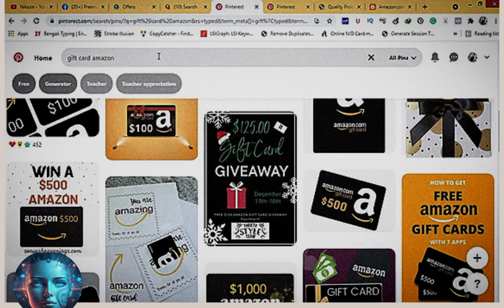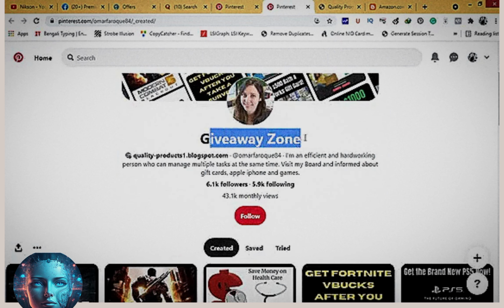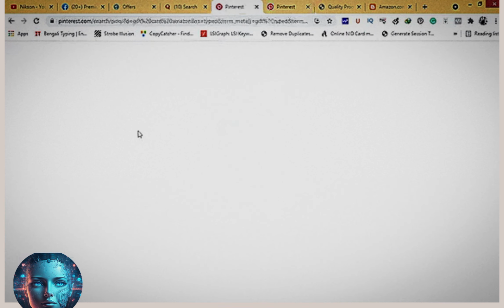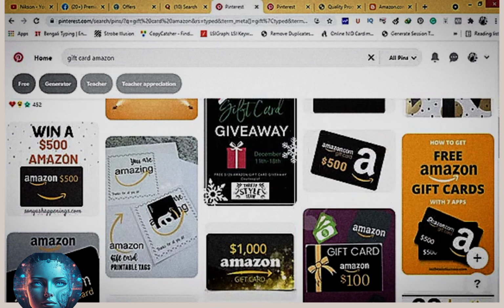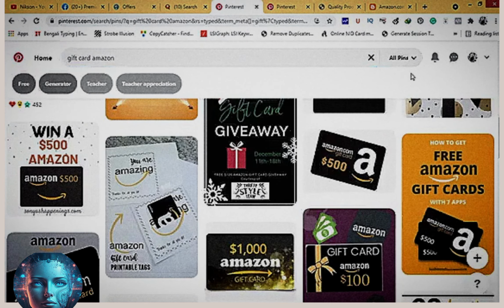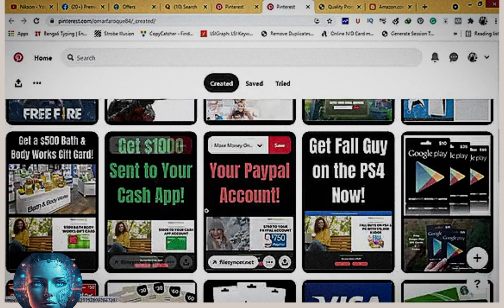Just create an account on Pinterest like this one. Okay, you can see that this gives its own account, and here you have to type your website link, I mean the Blogspot link that you created, and you have to follow and unfollow the users who are interested in this type of thing, like free gift cards or free Amazon. You can search with this type of keywords, and you can see there are a bunch of other suggestions for what you can make a post for on Pinterest, and people will follow you, or people are going to get your offers.